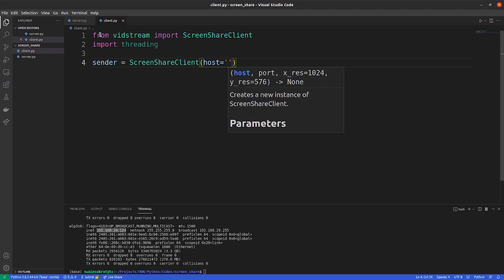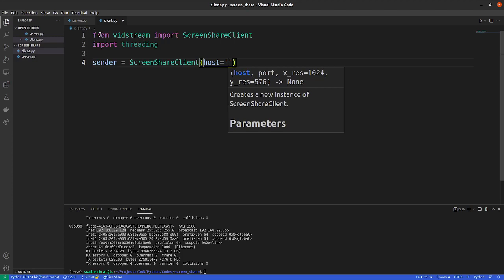But generally, if the client and server are different people, which is generally the case, you need to enter here the public IP address of the server so that you can connect to it. The private IP address of the server will not be useful there because the client and server will be on different networks unless they are connected by a virtual private network.